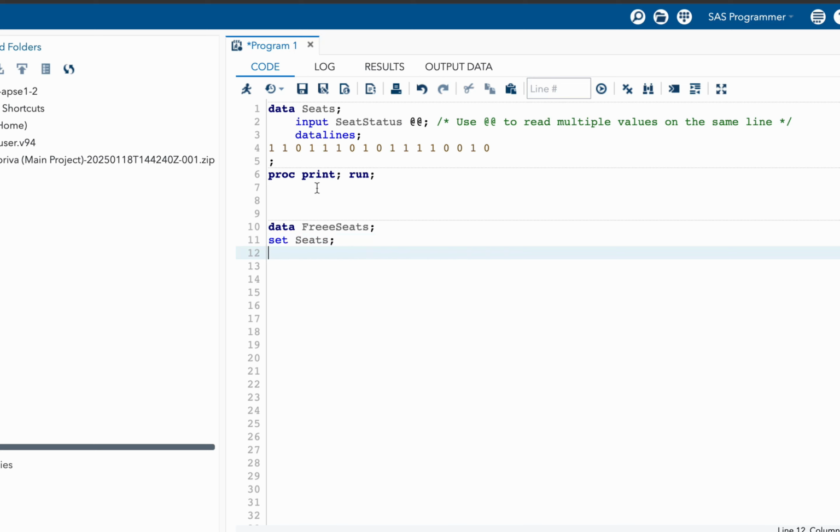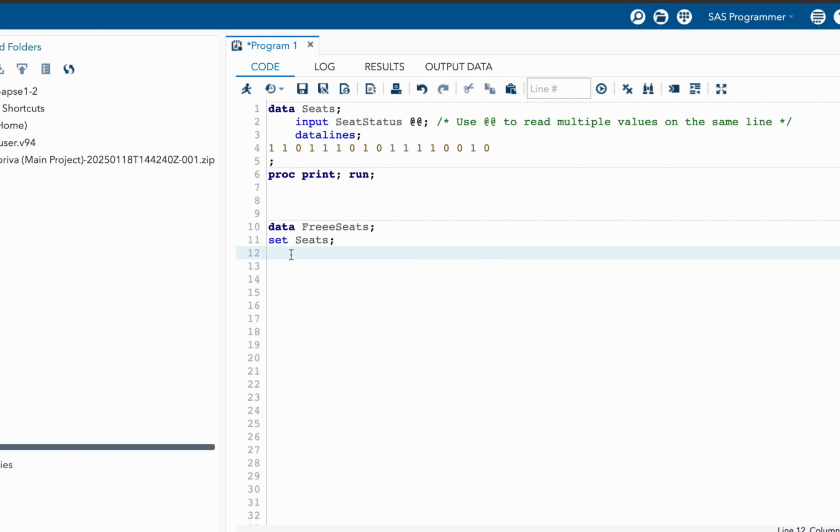To solve this problem, we can count all the 1s that are coming before a 0. So in this case, for this 0, our count is 2 because there are 2 ones that are coming before this 0. For the next 0, which is this one, because there are 3 ones that are coming before this 0, we can say that our count is 3. We will follow this approach till the end, and this is how we will end up counting all the consecutive ones that are nothing but the free consecutive seats count.